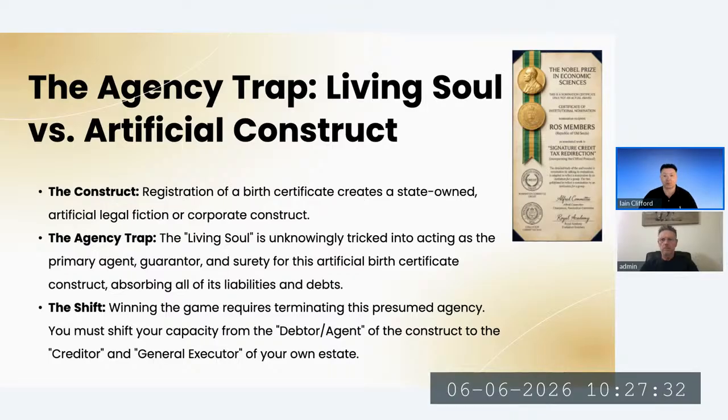A lot of people believe that you can sever the tie between the living soul and the birth certificate construct. Some people think you can cash in the birth certificate because it has a vault attached to it that you can cash in. A lot of these things are completely false. I've written quite a few research papers on my blog on the Ecclesial Law Institute about the ideologies and why a lot of them are false. But we don't need to go into that today. Let's move on to the next slide, please.